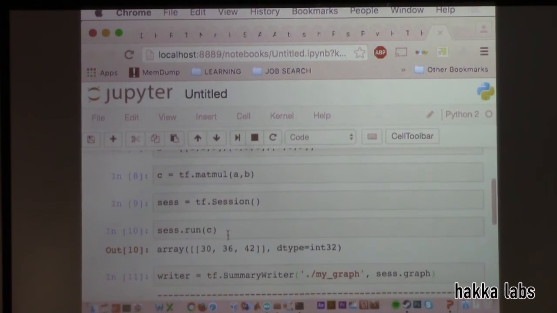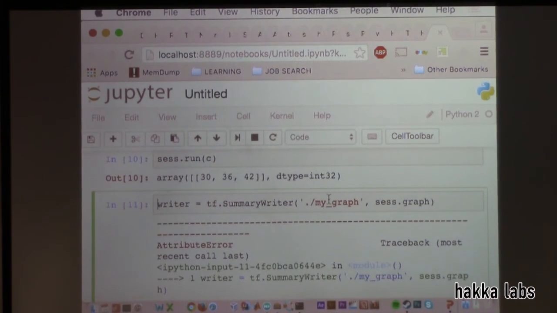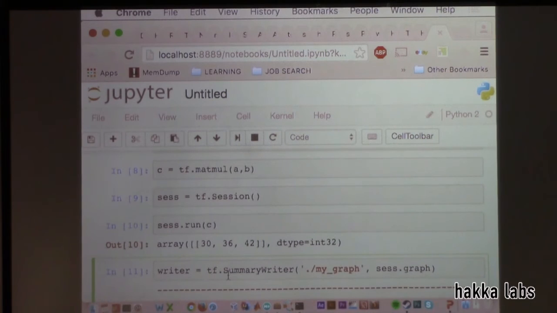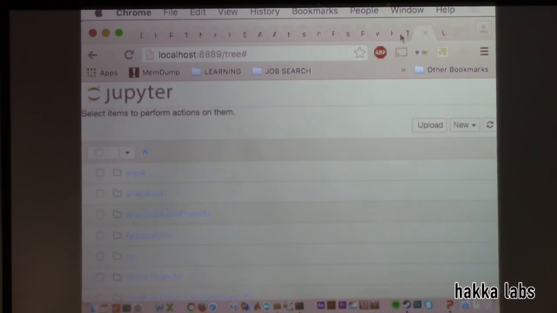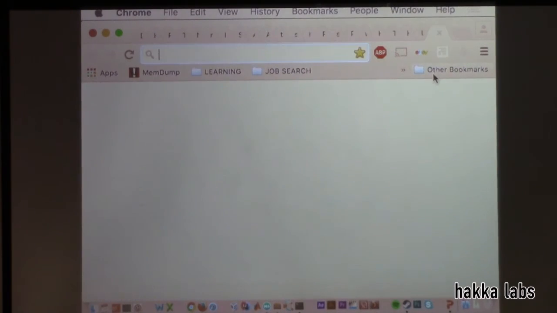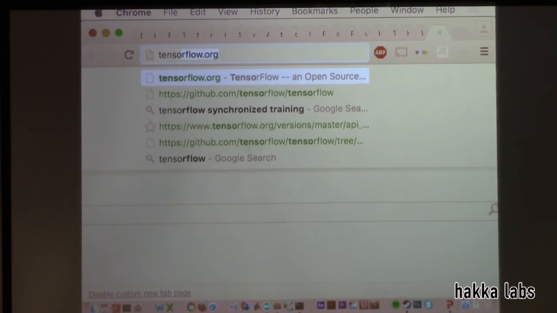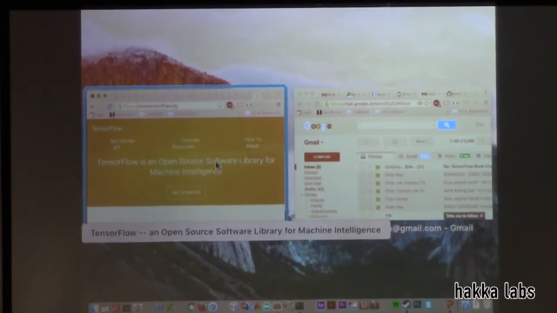Did I do this right? No, it's not. What did I do wrong here, Fabricio? I feel like summary writer's not right. The name is right. I think the model is not yet .train. Can you use the question mark to use the documentation? I mean, I just don't see summary writer thing. Deep apologies. We're going to go to the TensorFlow API real quick. Just as a side note, the TensorFlow API resources are actually not trained. Thank you, sir.